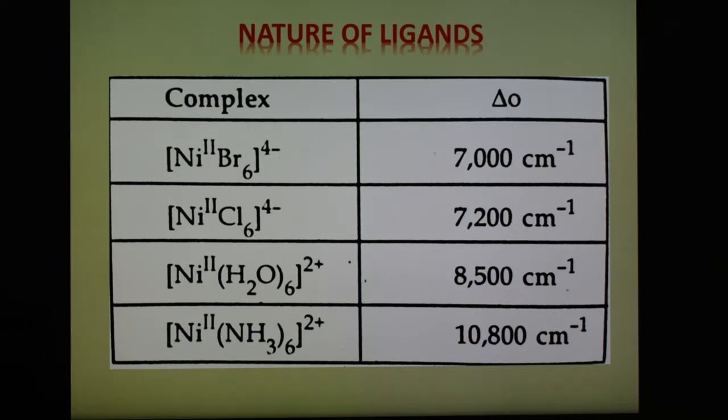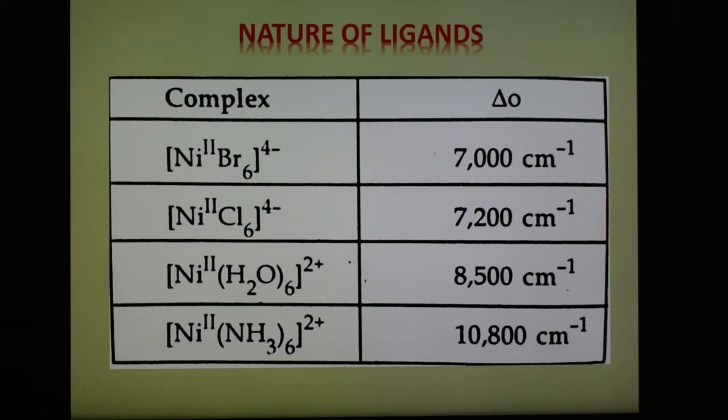The nature of the ligands is different, meaning whether the ligand is a weak ligand or a strong ligand. We know that the ligands are arranged according to their increasing energy, and that is known as the spectrochemical series. We can say that the common ligands can be arranged in the order of their increasing splitting power to cause d orbital splitting. This series is known as the spectrochemical series, and this is very important. This series is arranged according to the increasing energy of the ligand, which causes the d orbital splitting.